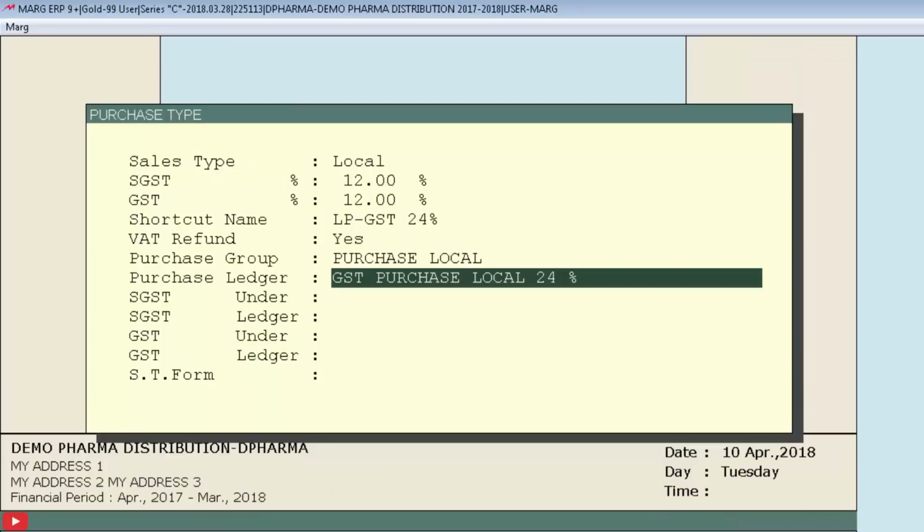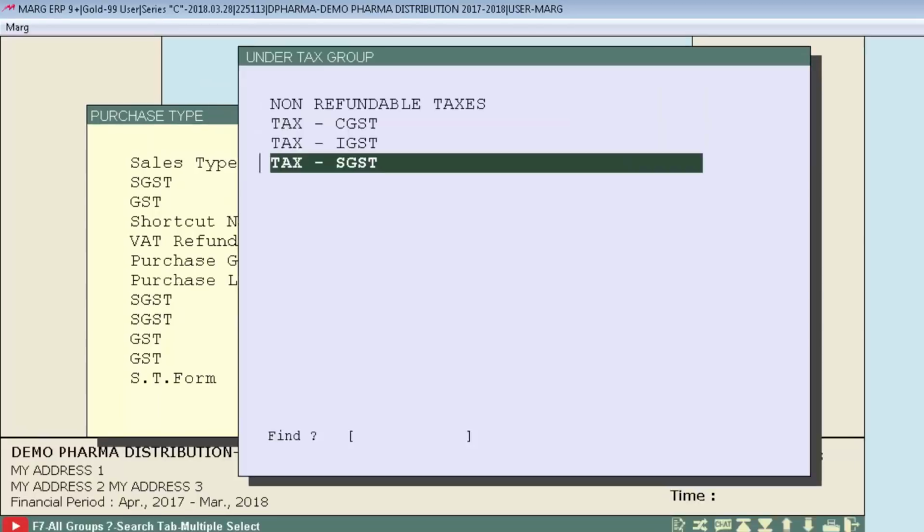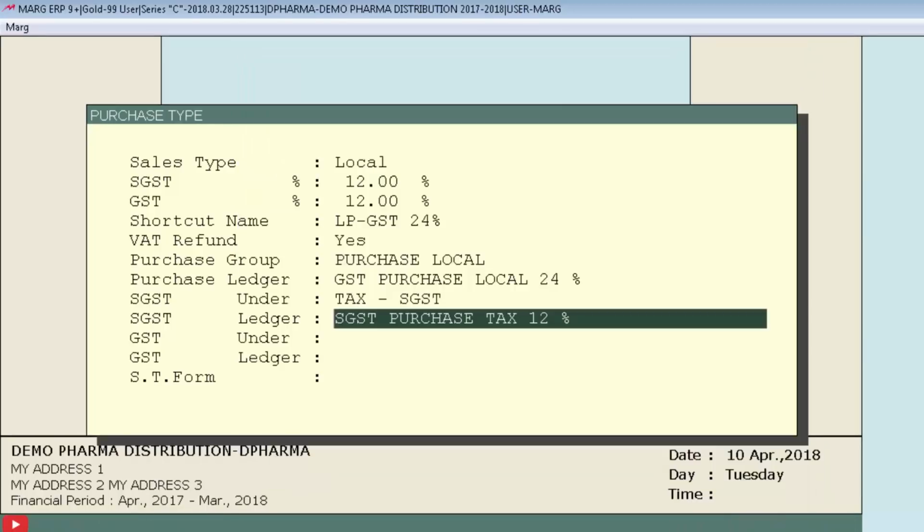And as you can see, the purchase ledger name will be picked automatically by the software. And as you press enter after the purchase ledger name, a window of under tax group will open in front of you, where you have to specify that the purchase type you are creating comes under which tax group. And the SGST ledger is picked automatically by the software.